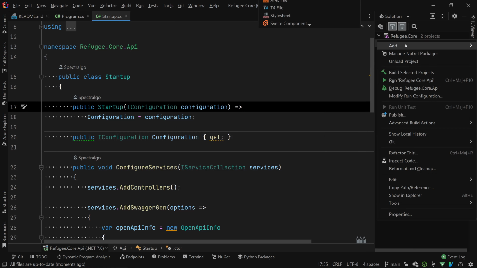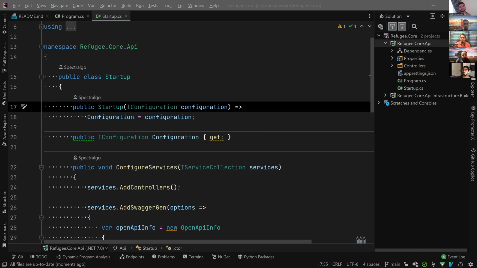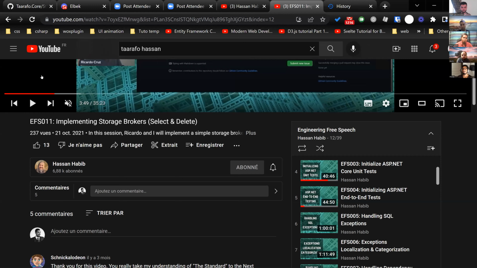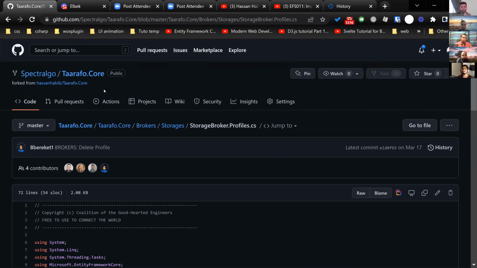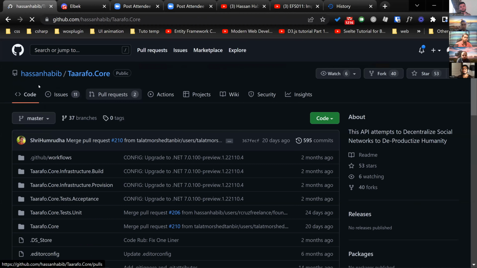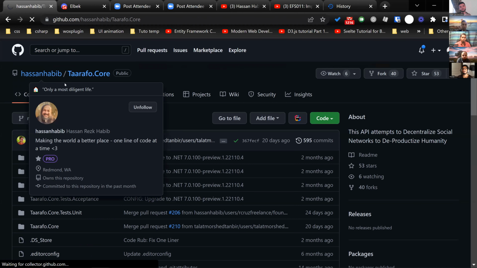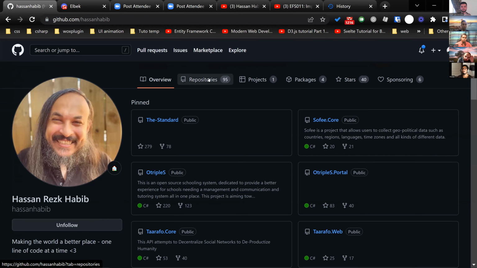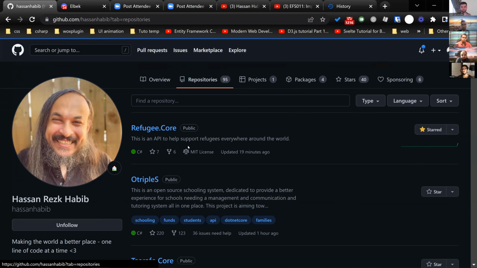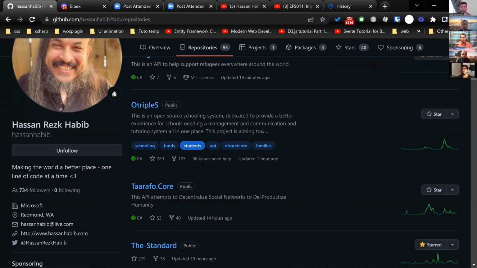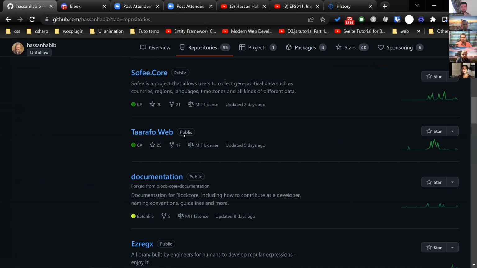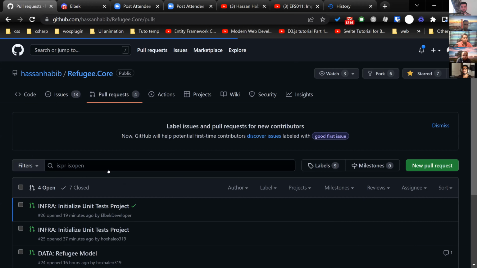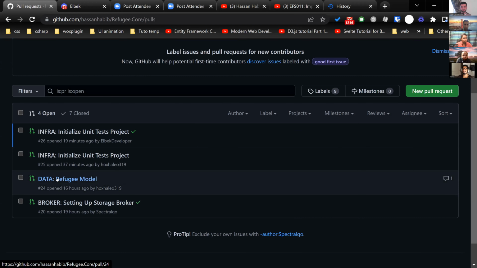Okay, I have a question, because for the gender, I'm gonna go on GitHub. So it's not this project, it's the refugee one. We implemented an enum for the gender types. Refugee core. Okay. Yeah. And so in the pull request, you'll see that in the data refugee model,